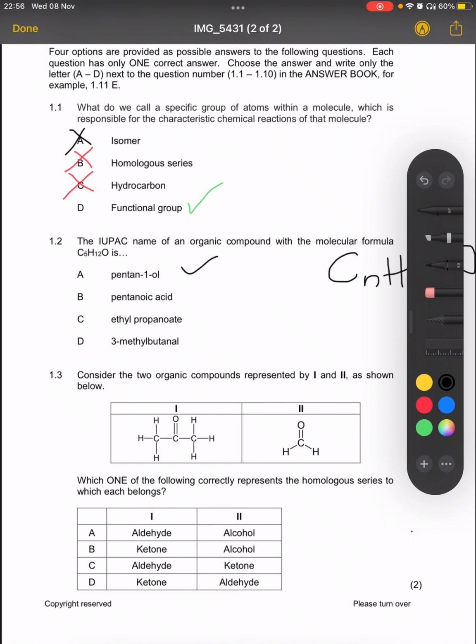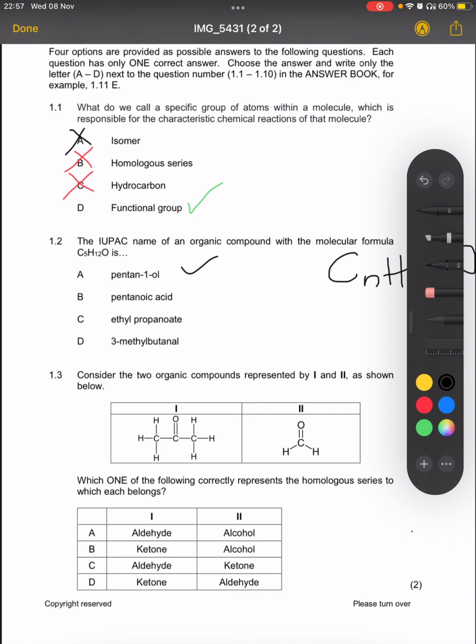Consider the two organic compounds represented by Roman figure 1 and Roman figure 2 as shown below. Roman figure 1, we see this structure here, and Roman figure 2, we see that structure there. Which one of the following correctly represents the homologous series to which each belong? Now, compound